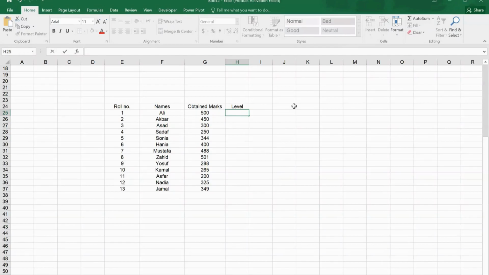As you see, we have a data set of some students that have gotten marks. So now we want to divide the students based on their high and low marks. Let's begin the IF formula for this procedure. Start the formula with an equal sign. Type IF, press Tab, then in the first argument we click on the cell G25, then use the operator greater